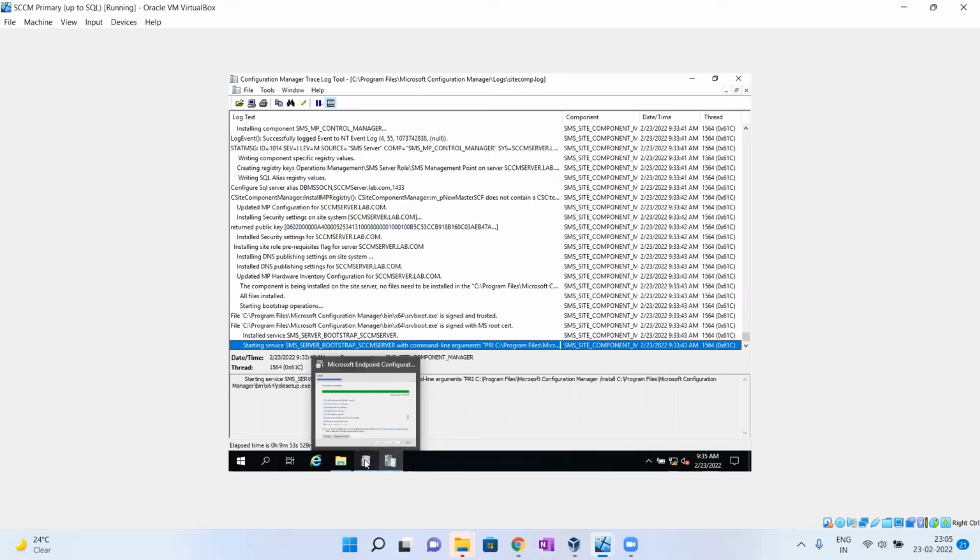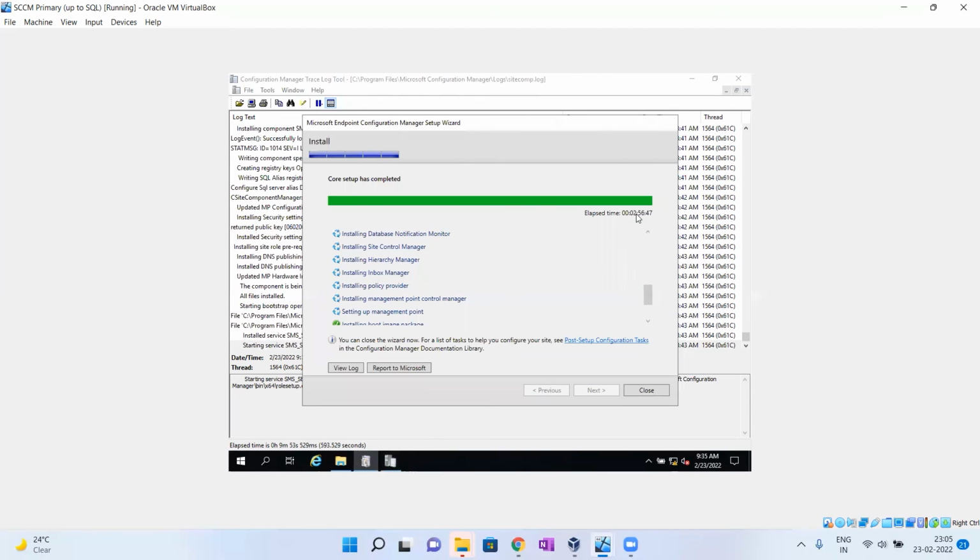For core installation, it took almost 3 hours. Now these components are still installing. Once everything is completed, all these circles will turn green. Let's see.